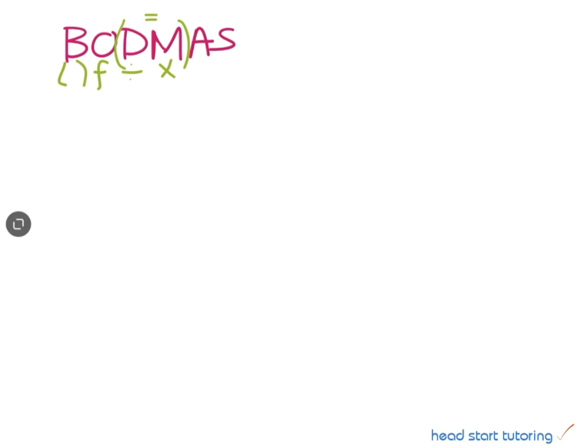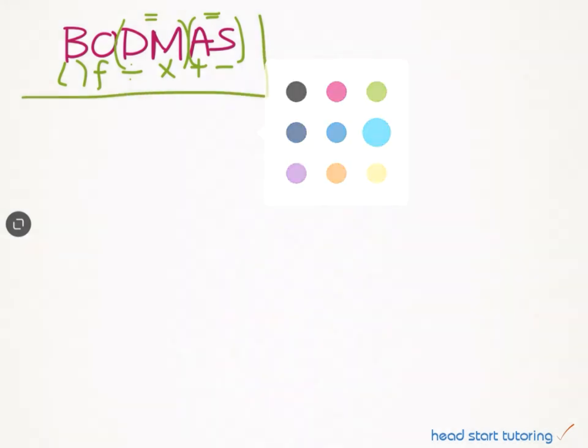If multiplication comes before division, then you will do your multiplication before division. And in the same way, addition and subtraction also have an equal weighting. So whichever one of these comes first, that's the one that you will calculate first. Right, so let's keep this in mind and have a look at some examples of BODMAS that do include